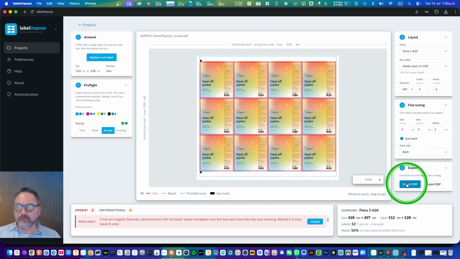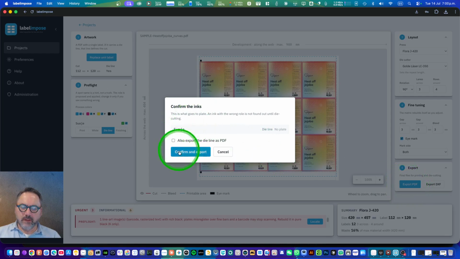What we're gonna do here is export what we're gonna print, and it says that the spot color called Swage is the die line.